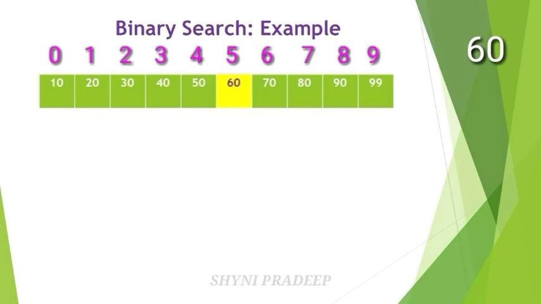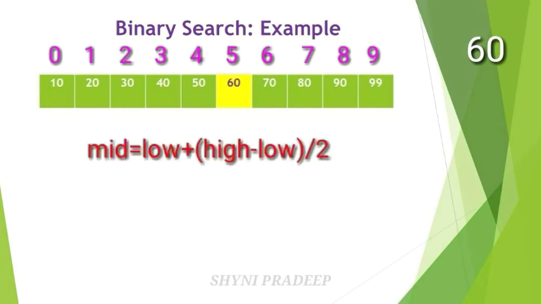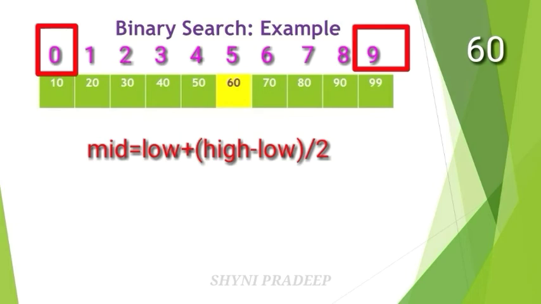So let us see the step-by-step operations of binary search. Here you have to start with the middle element. So how will you find the middle element? For that you have to find out the index position of the middle element using the mid formula. What is the mid formula? Mid is equal to low plus (high minus low) divided by 2. Okay, this is the mid formula for finding the middle element. Here low means the lowest index position, okay. High means the highest index position. The lowest index value is what? 0. The highest index value is 9.